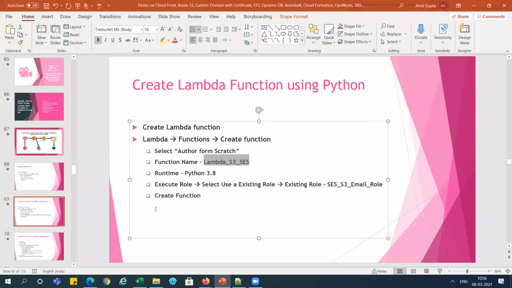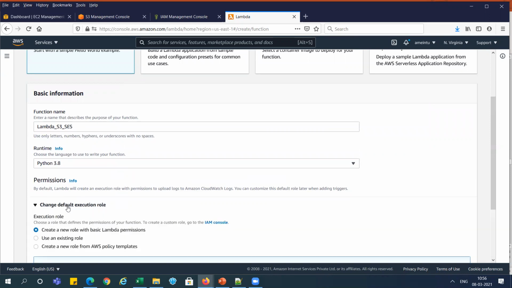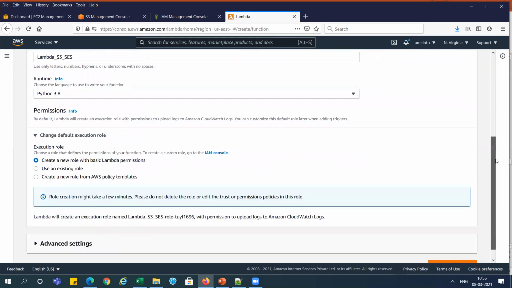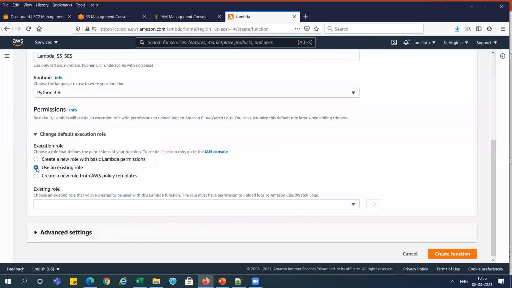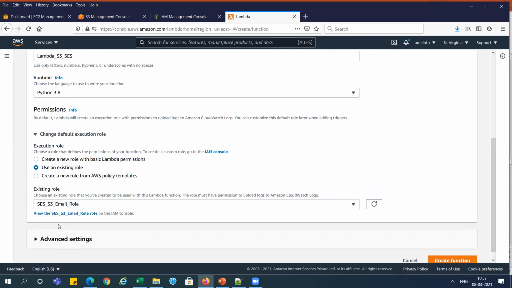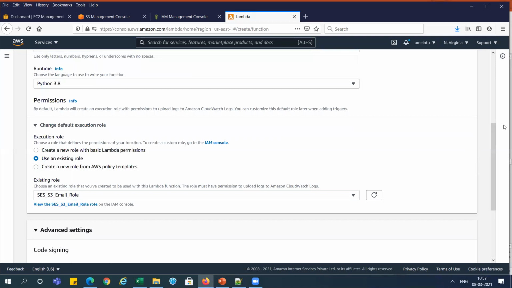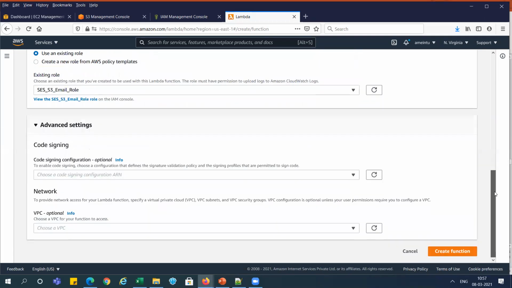And you can see here the execution role, select an execution role. These are the roles we need to select over there. Use existing role, and this is the role we created earlier, right? So we need to select this. The role is selected for this function. Advanced settings, we don't have anything more for advanced, so we are going with the default, right? We can configure the VPC network and other things also. So we are going to create the function.